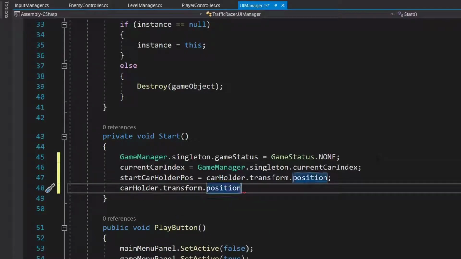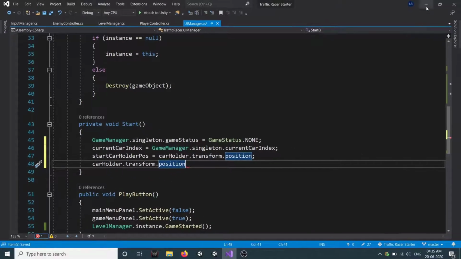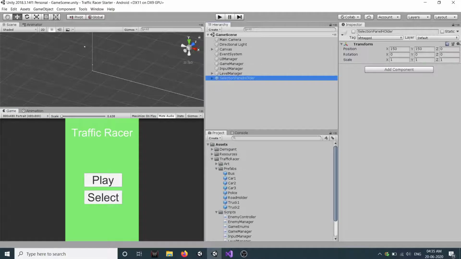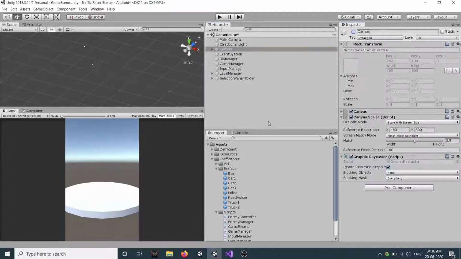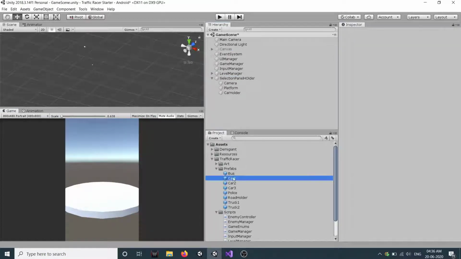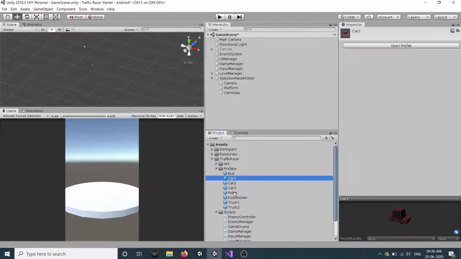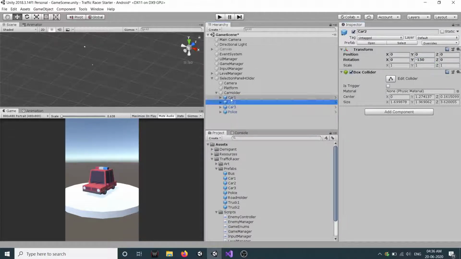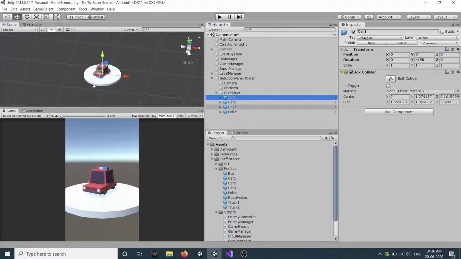And so if I go back to my game, let's activate our selection panel and deactivate our canvas. Let's drag three to four of them into our car holder. As you can see, let's set all of their y to be minus 150. We need to check the distance we need to have between our cars. Right now all of them are at the same position.